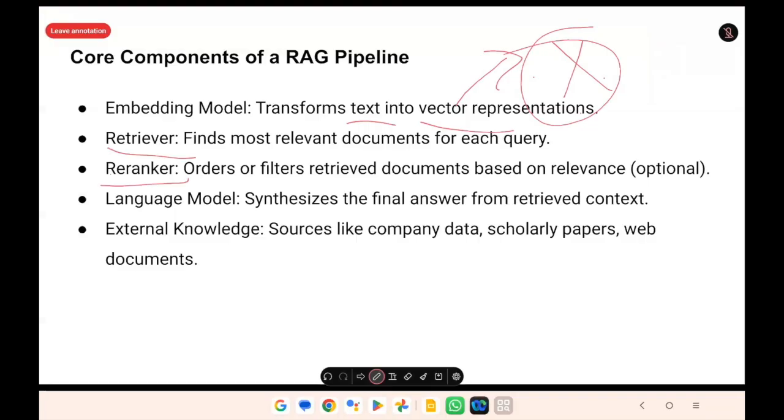This re-ranker kind of resorts your filtered documents. So the four modules in RAG are embedding model, retriever, re-ranker, and of course LLM, large language model.